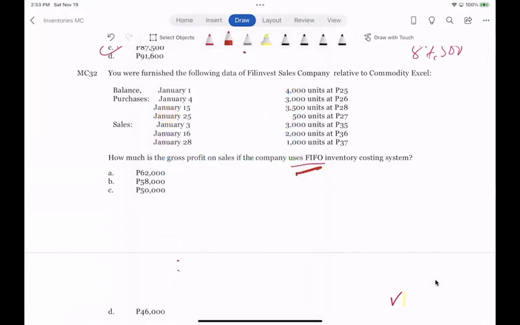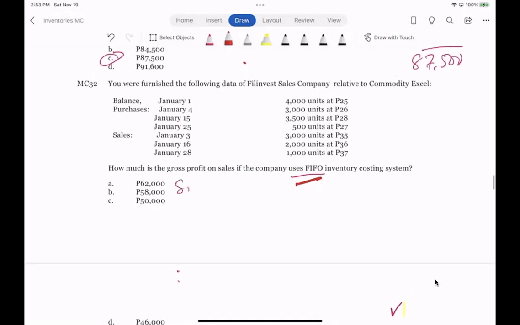You were furnished the following data of your company relative to commodity Excel, and the beginning inventory is 4,000 units. So to compute for the gross profit, we need to determine sales and cost of goods sold to arrive at gross profit. Therefore, our sales